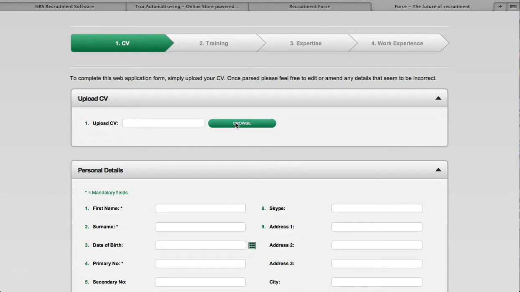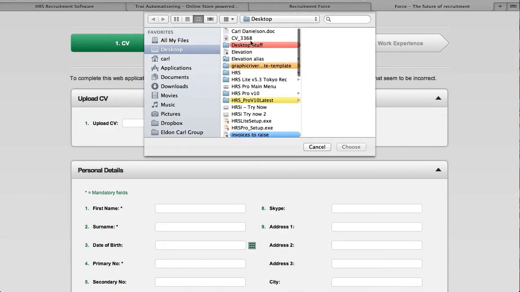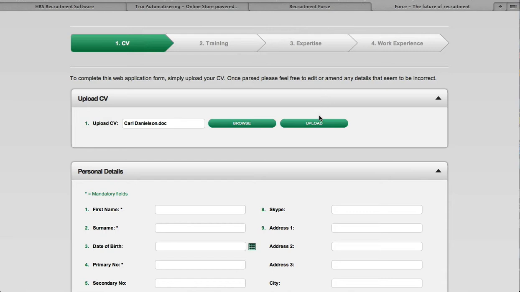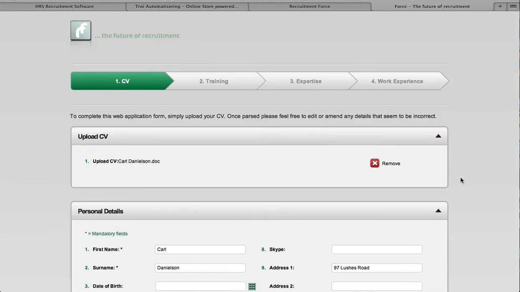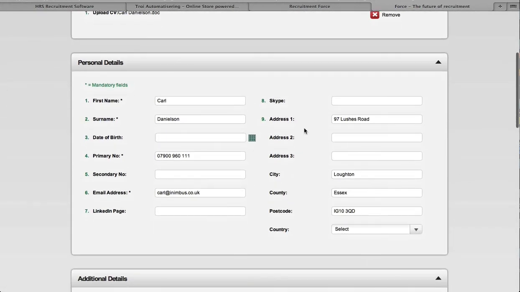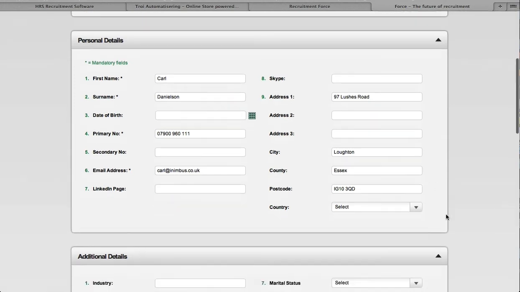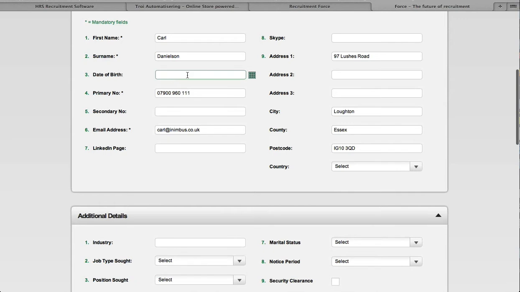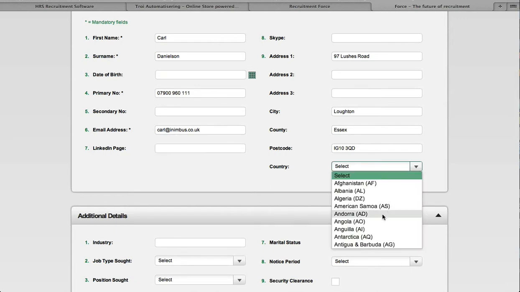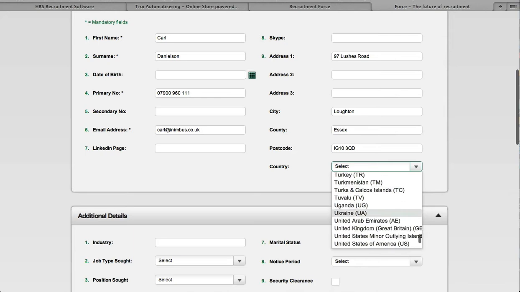Now, the first thing he can do is add his CV, so we'll do that. Carl Danielson, we'll add the CV and upload the information from that CV. And this will save Carl Danielson masses of time because it will automatically populate all the information that it finds on the CV that it feels is relevant for this candidate's application form. Any bits of information that are missed out, date of birth for example, the candidate's free to add as he wishes. So let's firstly just add the